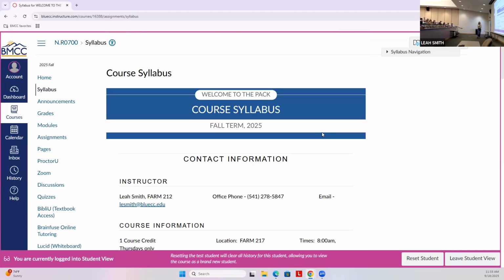The syllabus is the roadmap, the rules for the class. Okay, if you think the rules are ever important in life, whether it's laws, whether it's the driver's handbook before you drive, whether you think it's a game that you're playing, if you think rules are important, whether you do or not, this is the rules for the class. So this is very important. That's why it's the second thing up on that list, because right after the homepage, that's where you should be going to get your information about the class. So please read that over carefully.